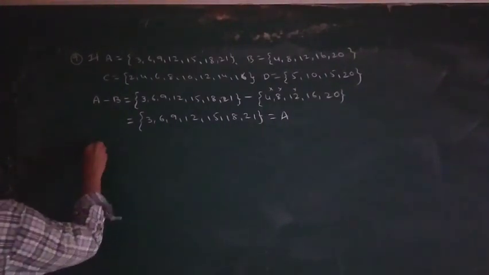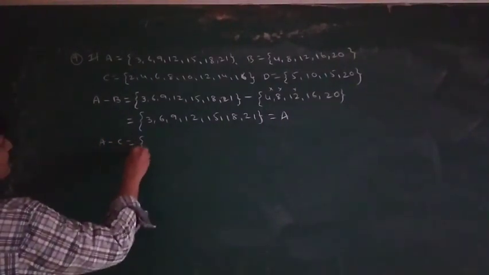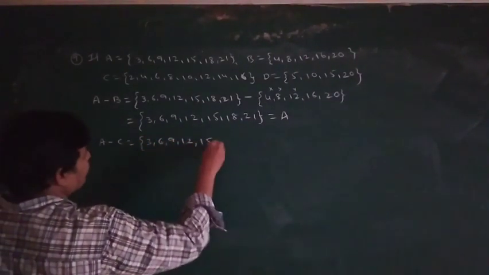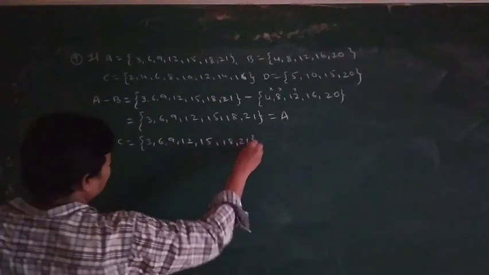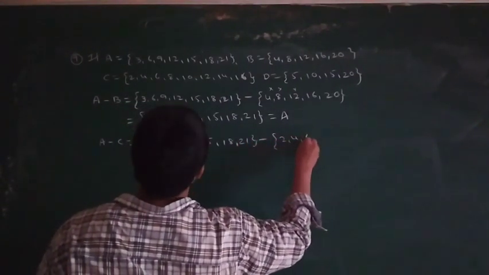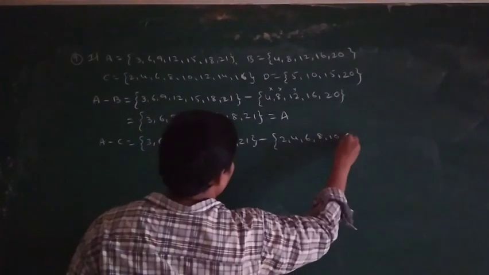Next, same as it is, A minus C. A minus C is equal to 3, 6, 9, 12, 15, 18, 21. C is equal to 2, 4, 6, 8, 10, 12,